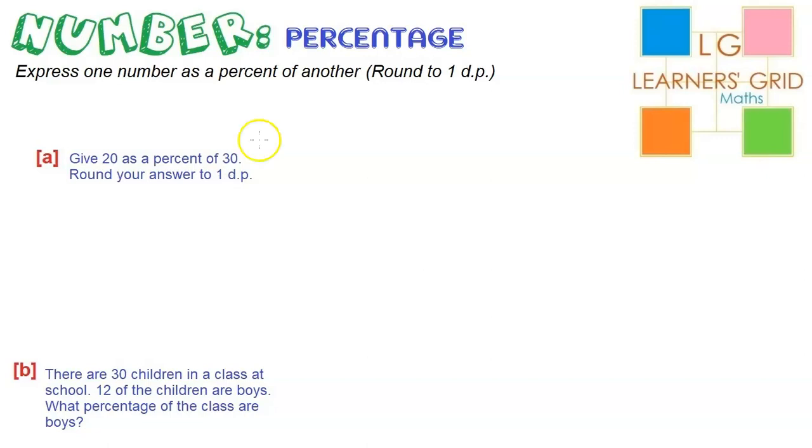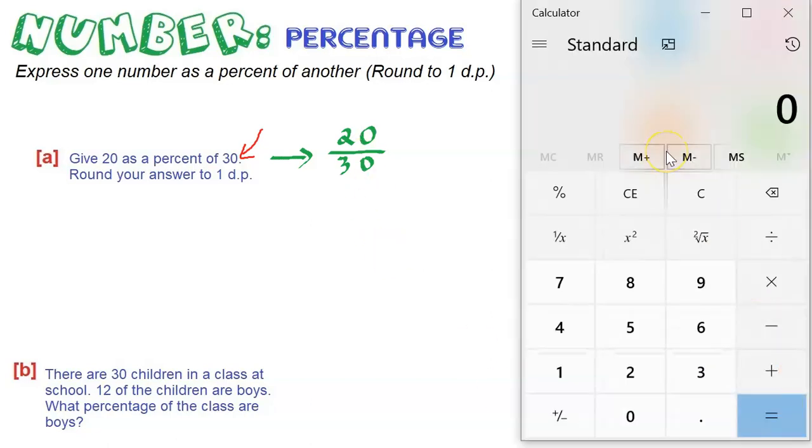So let's deal with the first half of this question right here by giving 20 as a percent of 30. So what that means is that 30 is the total amount, and 20 is a part of that total amount. And so one way we can deal with this is to immediately turn this statement into a fraction where 30 becomes the denominator because that's the total amount, and 20 becomes the numerator because that is part of that total amount. So the next step would be, let's get our calculator and just type in what this actually says as an equation, which is